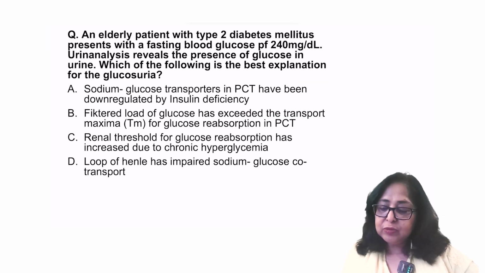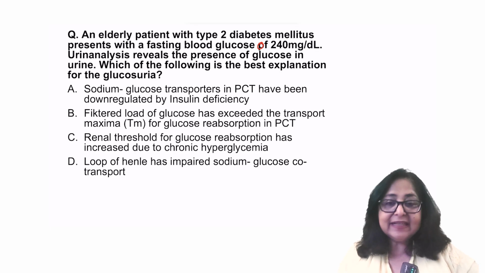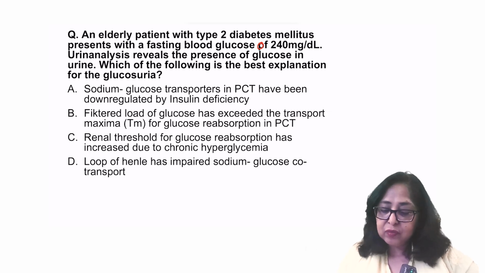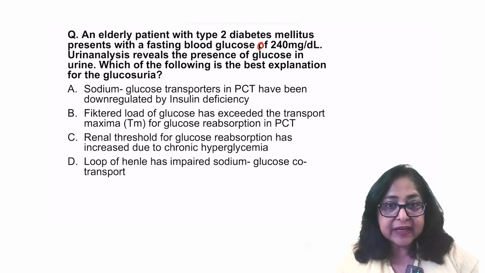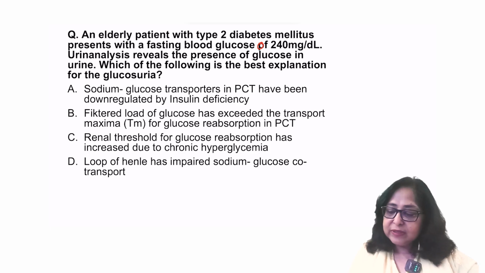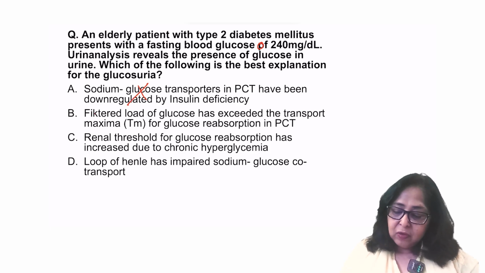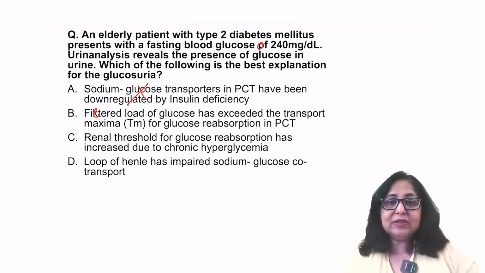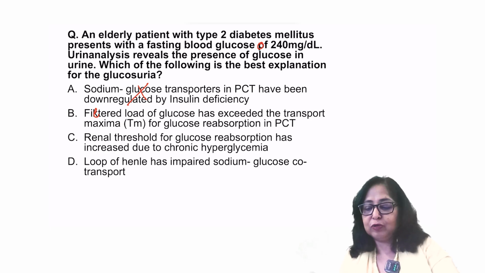An elderly patient with type 2 diabetes mellitus presents with a fasting blood glucose of 250 to 40 milligrams per deciliter. Urine analysis reveals the presence of glucose in the urine. Which of the following is the best explanation for the glucosuria, the presence of glucose in urine? Is it because sodium glucose transporters have been down-regulated? No. Or is it because the filtered load of glucose has exceeded the transport maxima for glucose absorption in the